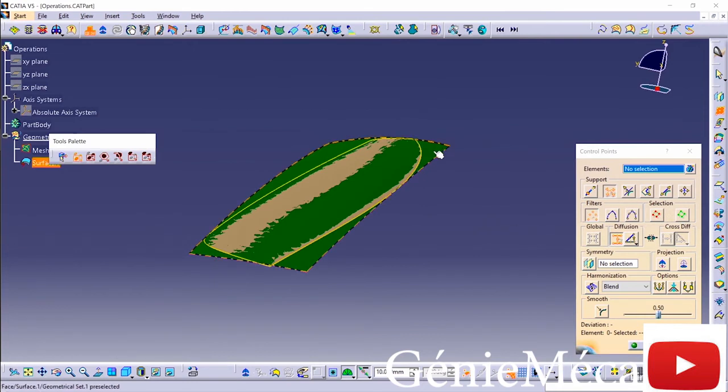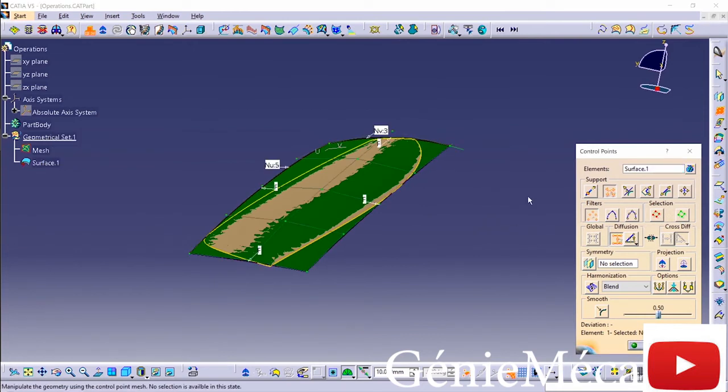With the control points, I specify my surface. The support here is the direction in which I can move those control points. More often than not, you're going to use something like local normals along mesh lines or normal to compass. So there are plenty of other ways to move these around, but for the most part, generally speaking, normal to compass, mesh lines, and local normals. In this case, if I say mesh lines